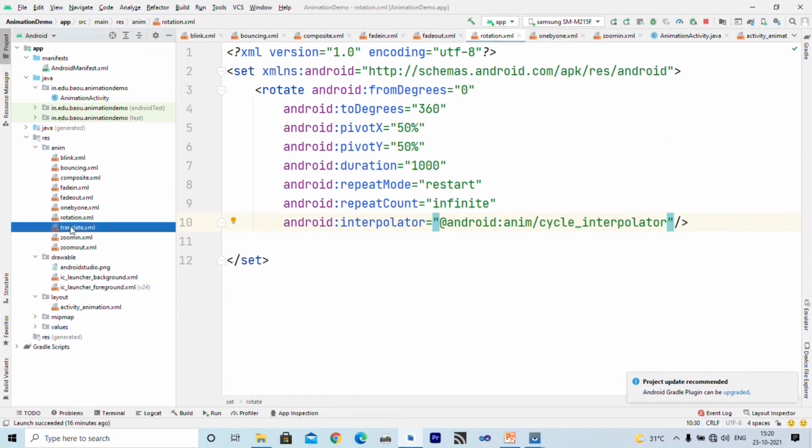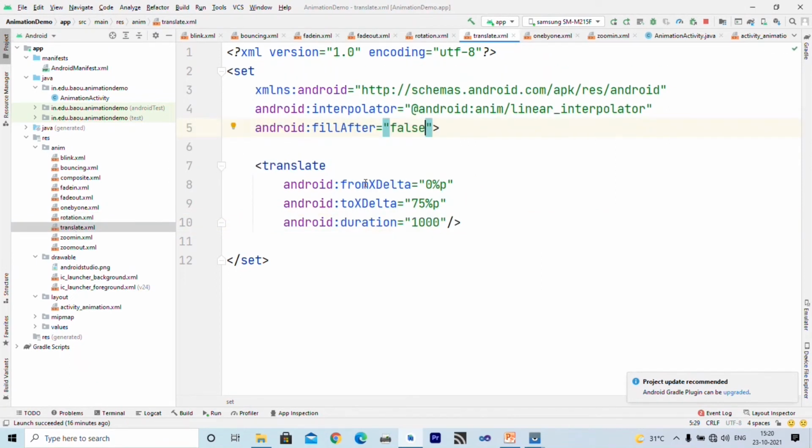Then we have translation. Translation will move from X delta to to delta. That means it moves 0% to 75% and duration is 1 second. Here you can see fillAfter is false.